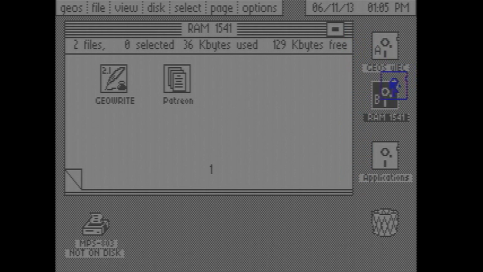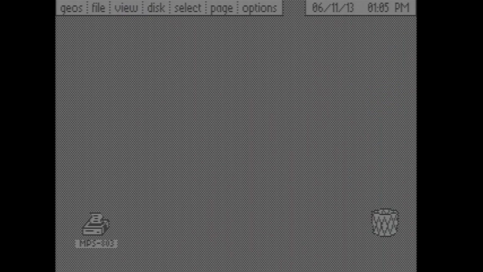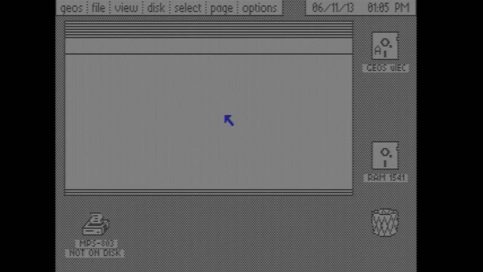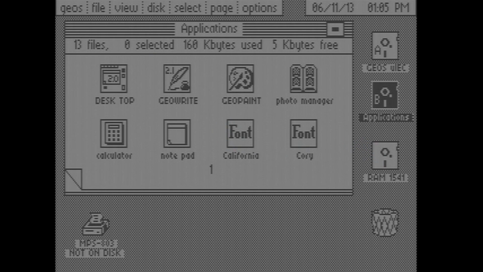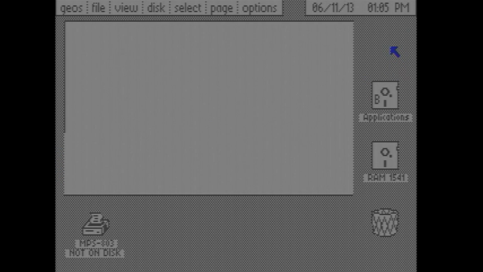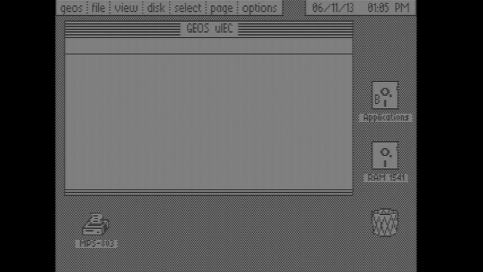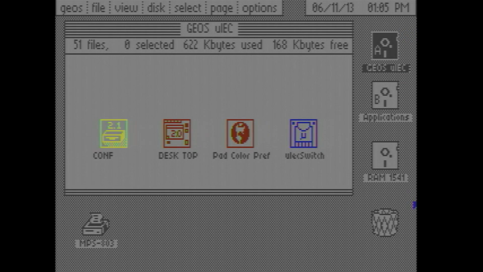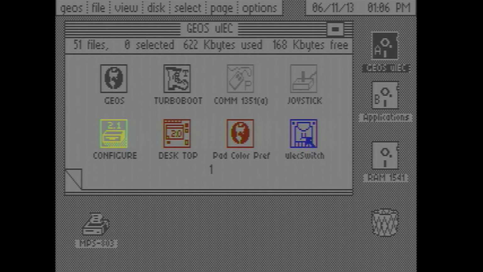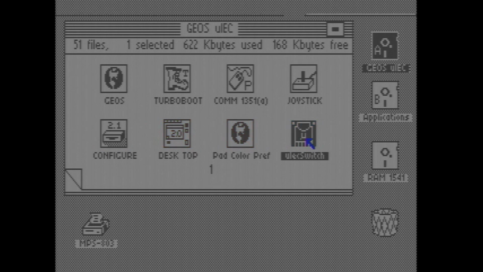Now let's take a look at the SD to IEC utility. We're going to switch our RAM drive back to drive C. The contents are still fine. We're going to bring our SDIC back to drive B, and we're going to launch this utility that's called UIEC switch. Give that a little double click,